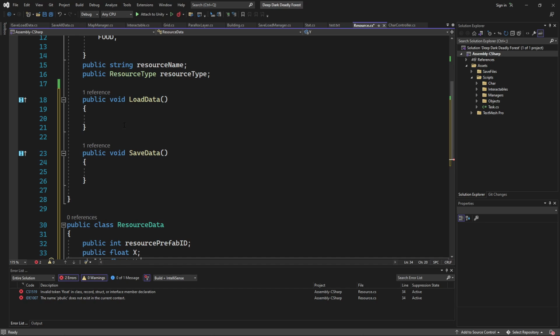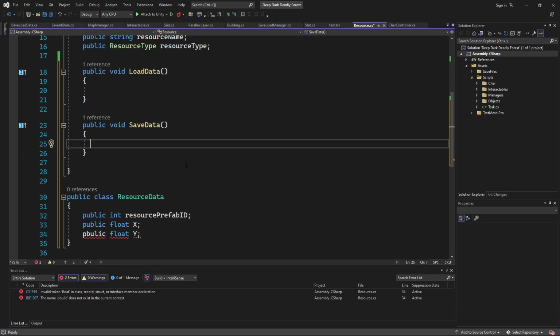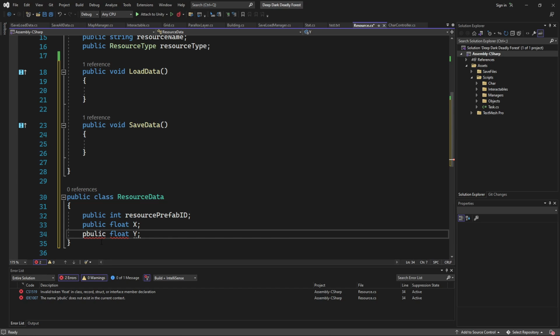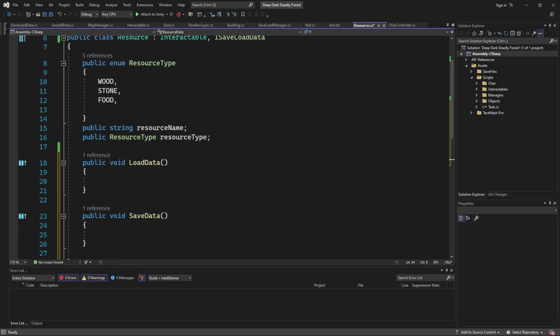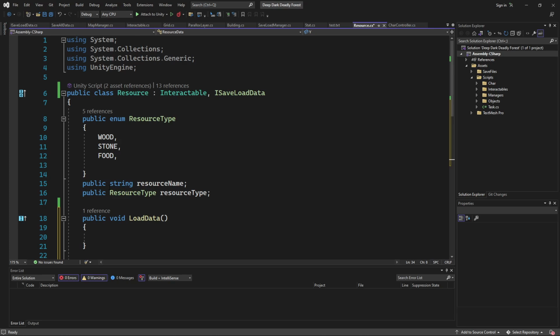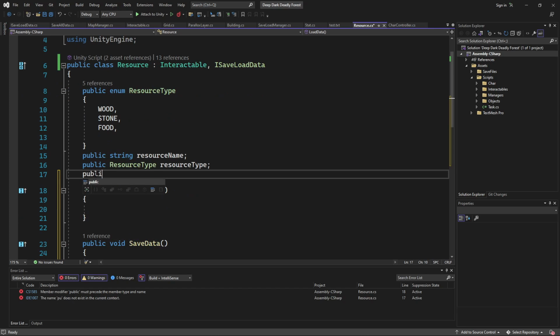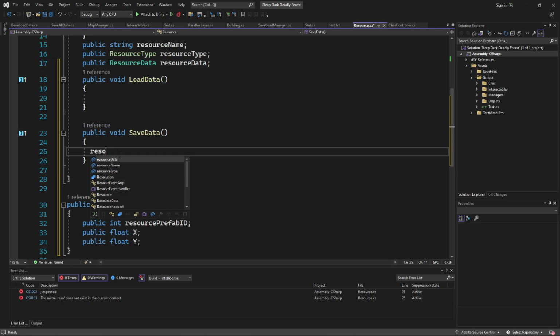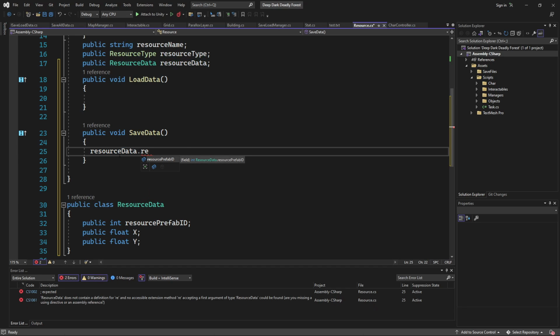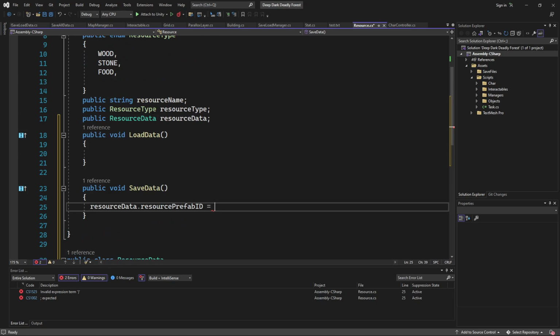And then in our save data, we want a public resource data. And then in our save, we want resource data dot resource prefab ID is equal to